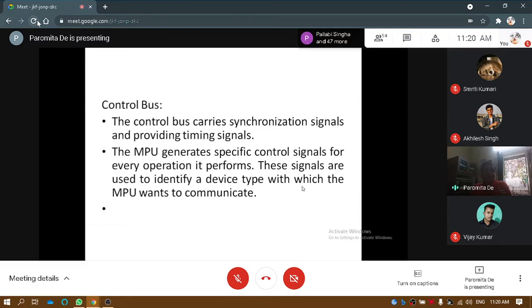Similarly, I have a control signal that tells me it is a write operation. So I want to write either in the memory or in the input/output device. Another signal, the same input/output-memory line, decides whether it is an input/output operation or a memory operation. If it is a write, then I know it is a memory write, so I have to go to the memory and write. Where in the memory will I write? My address pulses will say where I need to go and write in that memory.